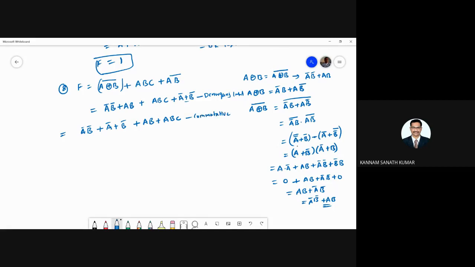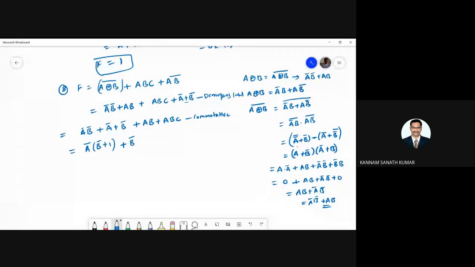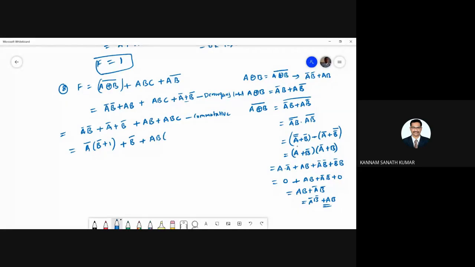Commutative law. Okay, now from these two, what you can take common? A bar you can take common. So B bar plus one, plus B bar plus you can take AB common, 1 plus C. Okay, so this is nothing but factoring. Okay, now this is equal to